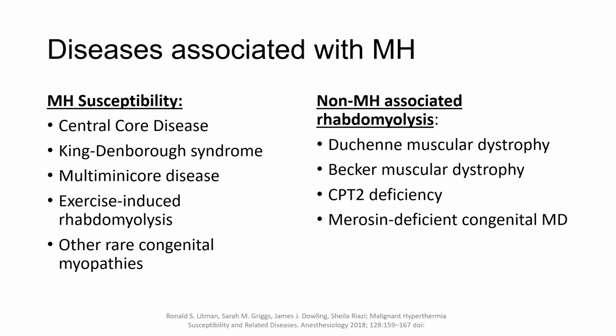I'll read a quote from the article below. Some myopathic conditions have been associated with the development of fatal or life-threatening rhabdomyolysis upon exposure to volatile anesthetic agents or succinylcholine. The most common of these conditions are Duchenne and Becker muscular dystrophy. Although rhabdomyolysis with hyperkalemia can be a feature of MH, the MH syndrome usually manifests signs of hypermetabolism, such as respiratory acidosis, metabolic acidosis, and excessive heat production.